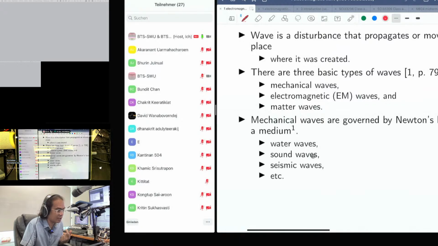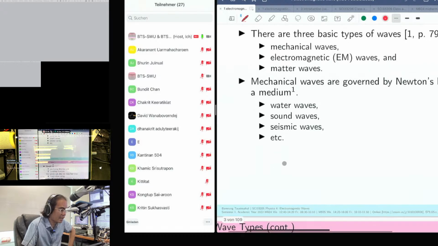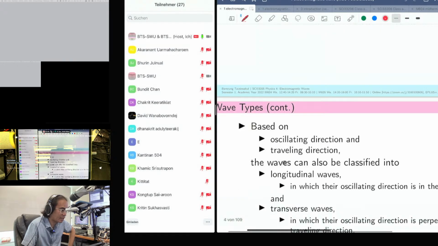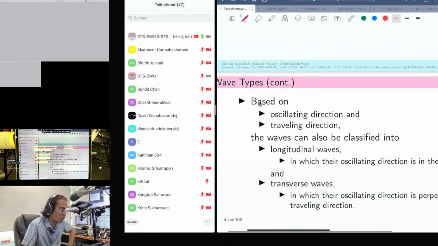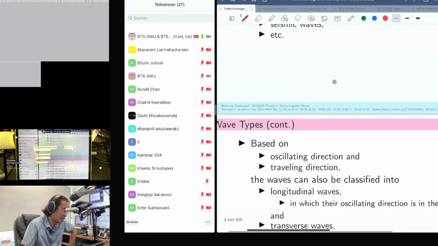to the sound wave again. Okay, and seismic wave is another type of wave that the people who work with the ground or the soil use to explore something under the ground, or it's the wave or the vibration caused by an earthquake and so on. There are more examples of the mechanical wave, for example, the thing that we bring up and bring down. That's the mechanical wave, and based on the oscillating direction and traveling direction in mechanical wave, we can see